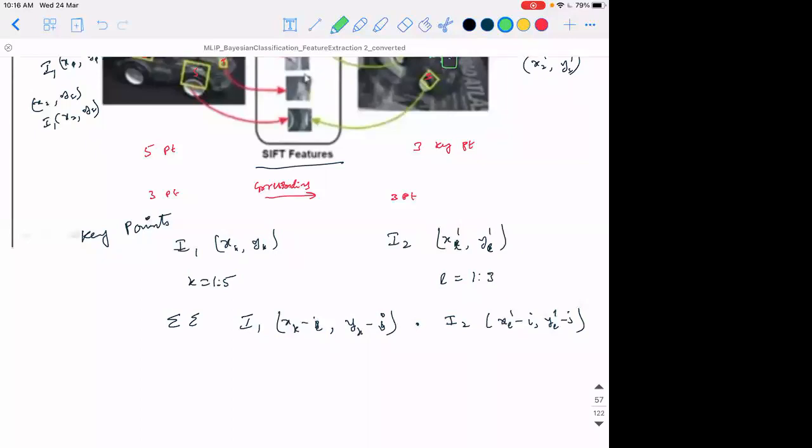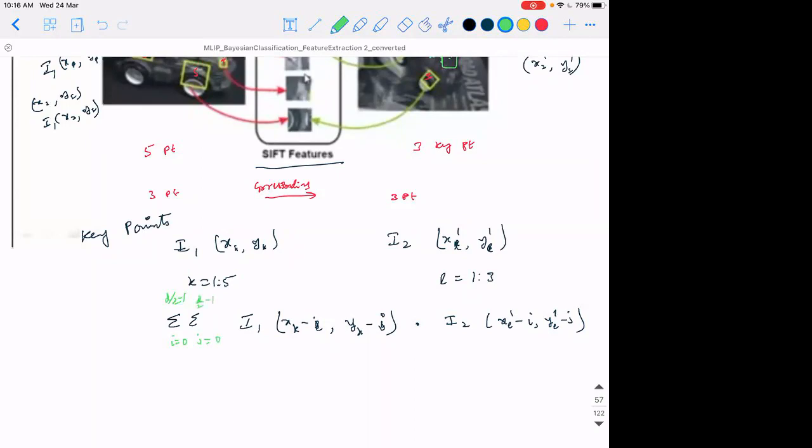If i is equal to 1 to d and j equal to 1 to d. Okay, very good. Is it 1 to d or something else? 0 to d minus 1. Or minus d by 2 to d by 2 minus 1. Ideally you can consider d by 2 minus 1, because on either side we will be moving d by 2 pixels. But it's essentially over i and j.